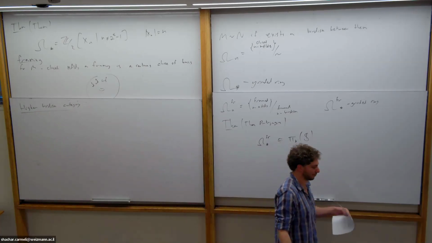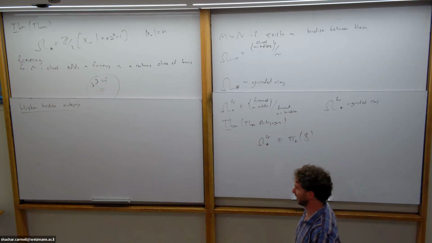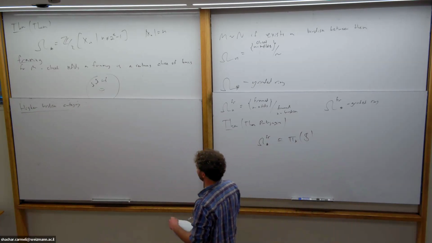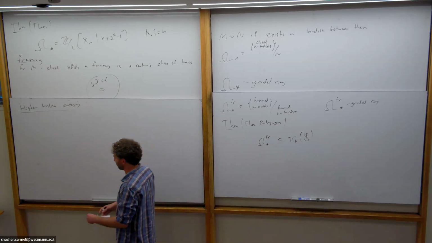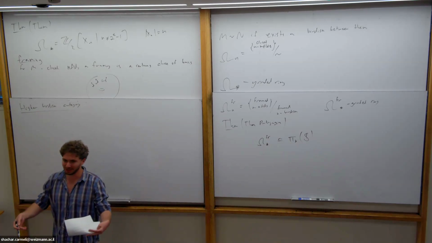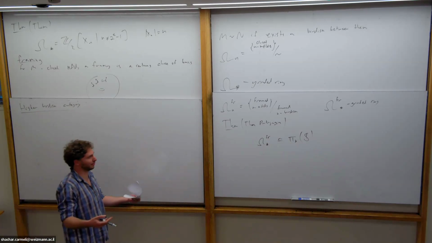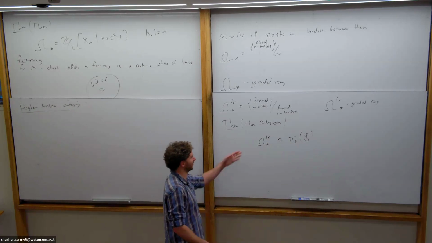A basic lesson of category theory is that when we say that things are the same, we want to remember the data of how they're the same. And here we are taking